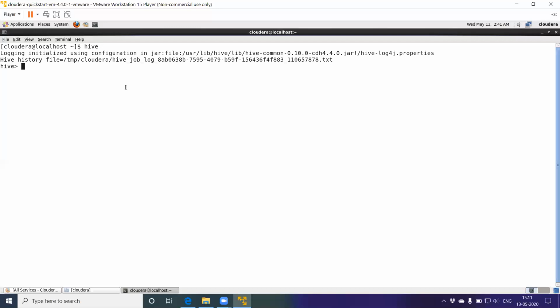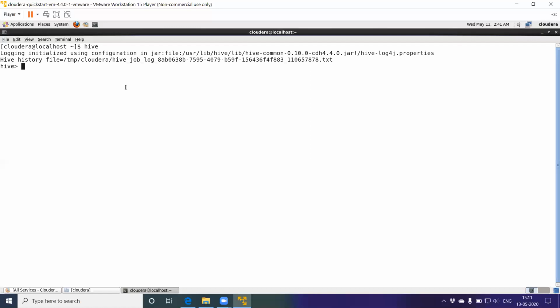Even in Hive, the data is stored in the form of tables, and it is more like SQL. Hope all students are thorough with SQL. You learned how to create a table, how to insert the values, how to execute SQL queries, and how to join the tables in SQL. All those operations you can do in Hive as well. Hive is a tool which is used to process structured data in Hadoop. Syntax-wise, there is a slight difference compared to SQL. As and when I explain, I'll tell you the differences.